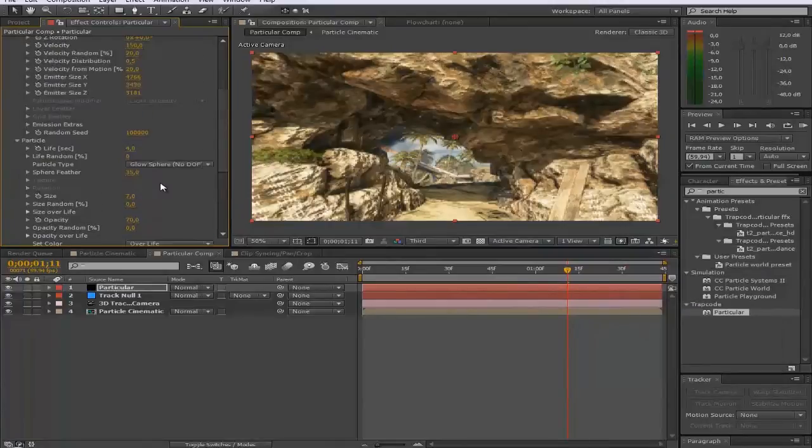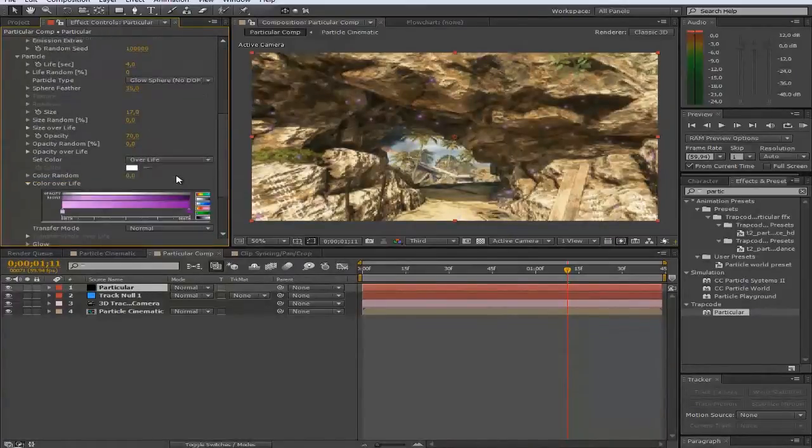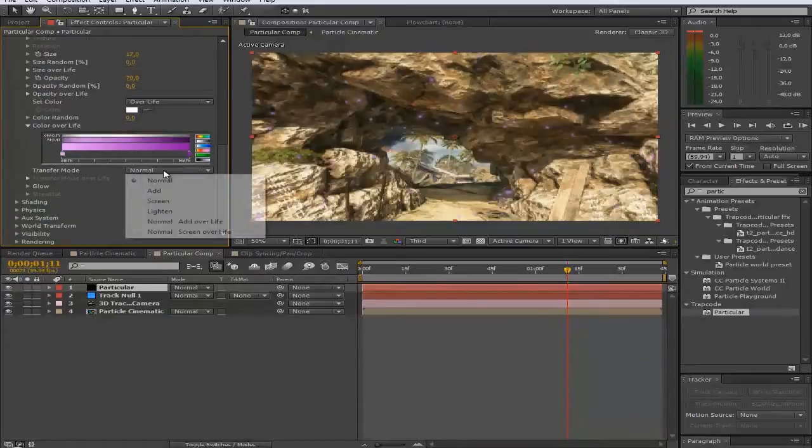That looks pretty good. I'm actually gonna change up the size even more to like 15 or even 17, I think. Yeah, 17 looks pretty good. And then we're gonna change the transfer mode to add, and then we're gonna go down to physics,